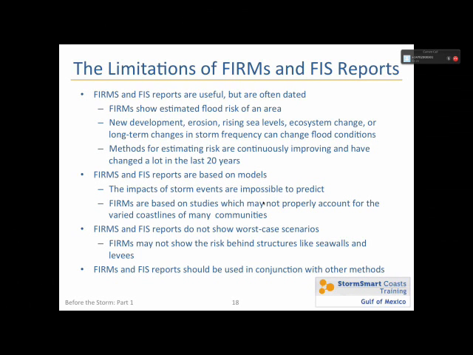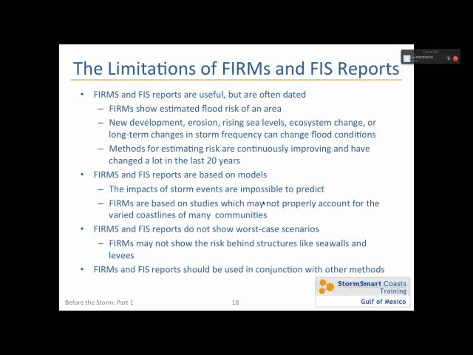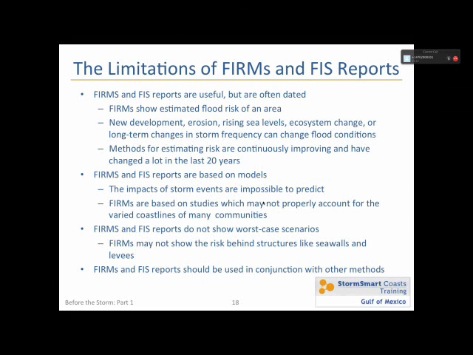Things do get worse. You get the effect of, for example, compounding storms. You get one hurricane coming in quickly after another. Areas that might have been repaired or somehow started to recover, like wetlands, may still be torn up and land may be flooded, so you end up with a storm which causes much more damage than the FIRM predicted. So definitely keep that in mind. The take-home message of all this, of course,